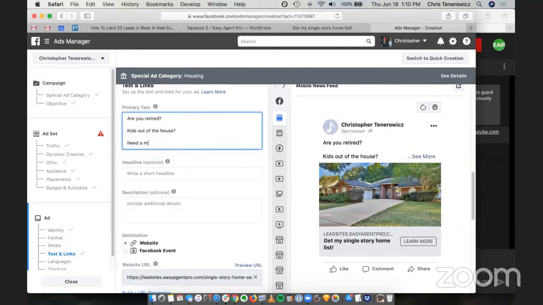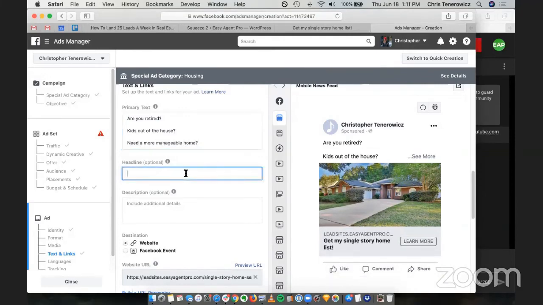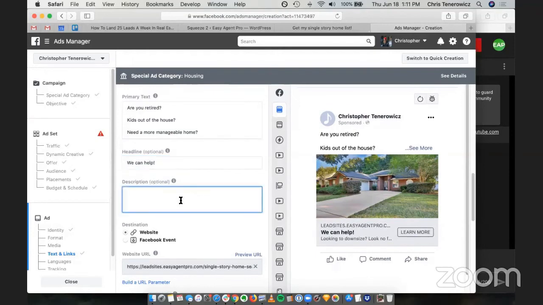Because it automatically refreshes every time, it's going to take a little bit there. But yeah, so, need a more manageable home. And for headline, I'm just going to do, we can help. And then under description, if you are looking to downsize, look no further, sign up for my list of single-story homes.